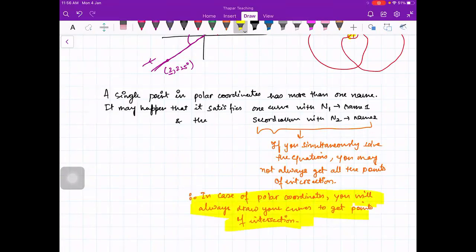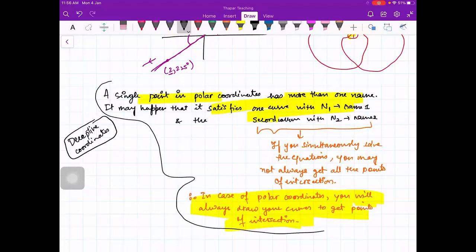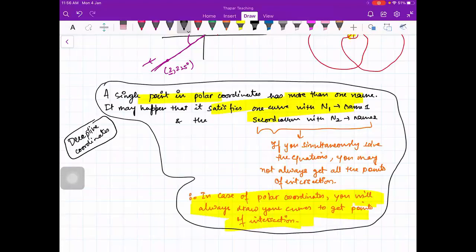This is actually a detailed topic, but it is not in our syllabus. These are called deceptive coordinates. Deceptive means dhokha, because they have two names, that is why you are not getting them as points of intersection. That is why they are called deceptive coordinates. Clear to everybody? So this is a topic which we are not discussing in detail, but this is a summary which you should understand. Please let me know if anybody is having any doubt.